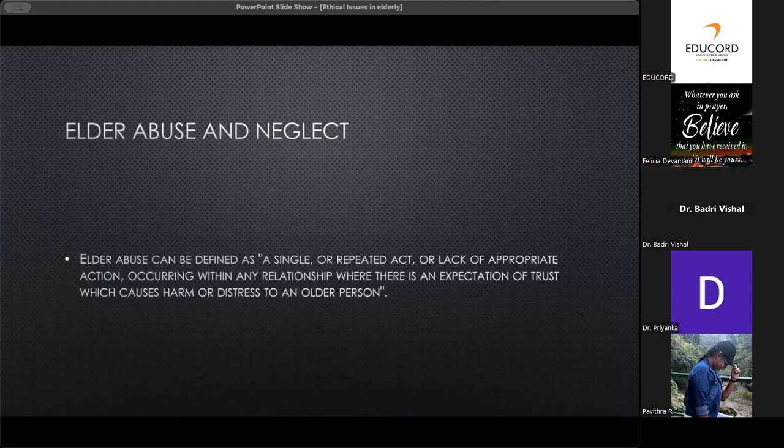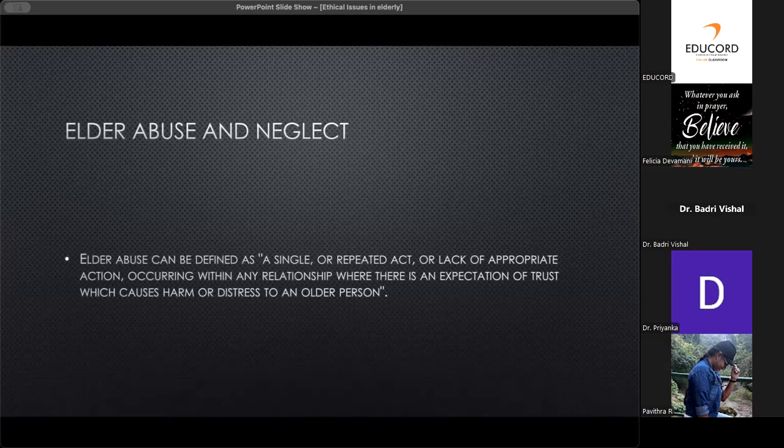Okay. Coming to elder abuse and neglect. What is elder abuse? It can be defined as a single or repeated act, or a lack of appropriate action, occurring within any relationship where there is an expectation of trust, which causes harm or distress to an older person. Okay, so abuse can be mental, physical, financial or social. It can be a single episode or multiple repeated episodes, or just neglect or a lack of